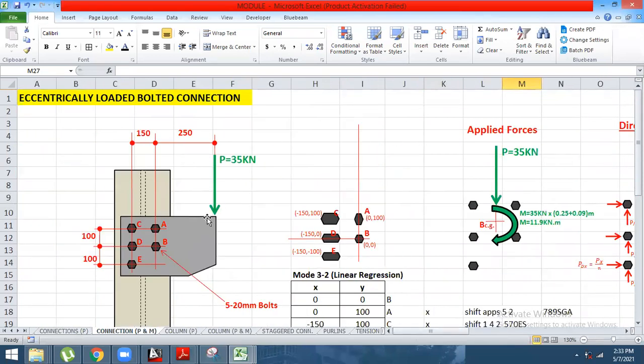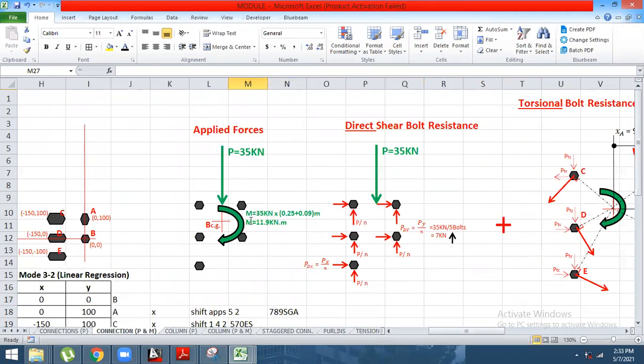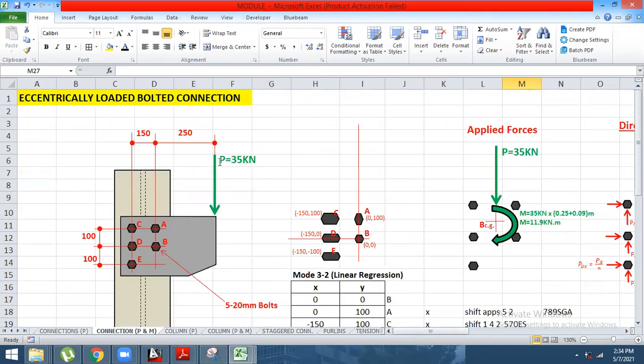So, if it is a bolted connection subject to a moment, so therefore this is an eccentrically loaded connection, therefore it will carry an axial load and then the moment. Okay, so first thing first, this 35 kilonewton, we will divert this 35 kilonewton into the centroid of all the bolts. And also, this will generate a moment which is 35 kilonewton times the moment arm R from the point of application up to the center of gravity of the bolts. So therefore,